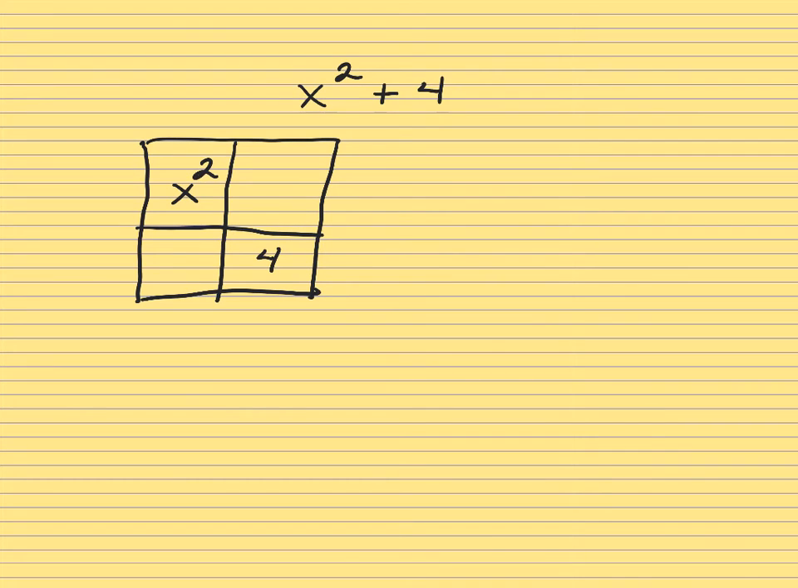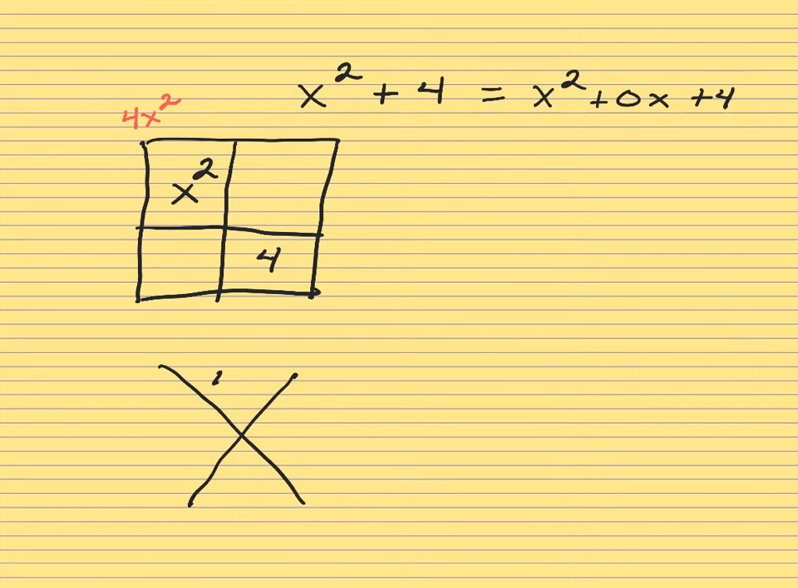I'll take a look at the product of my diagonals, which will be positive 4x squared. And of course, my sum is going to be 0 because there is no x term. I have 0 x's. When I use that to work on my diamond problem